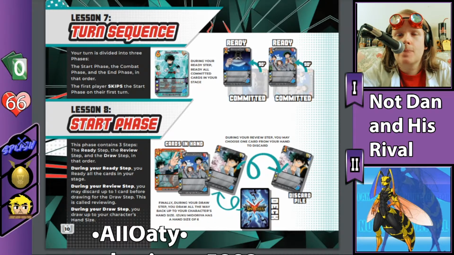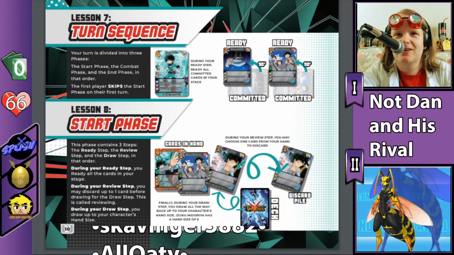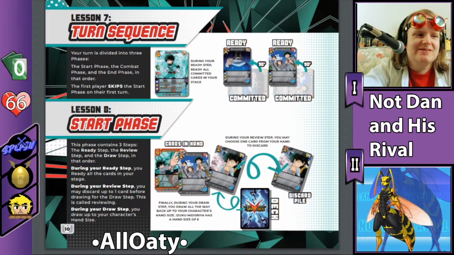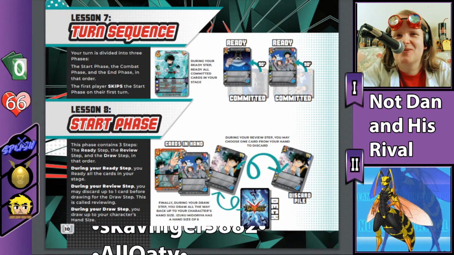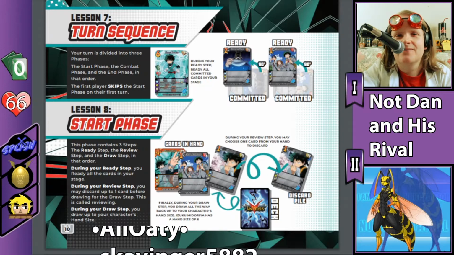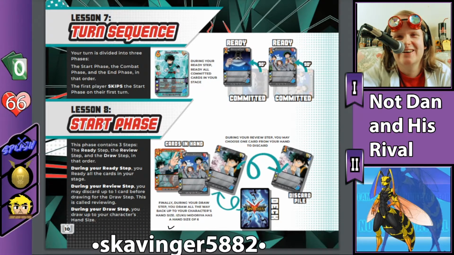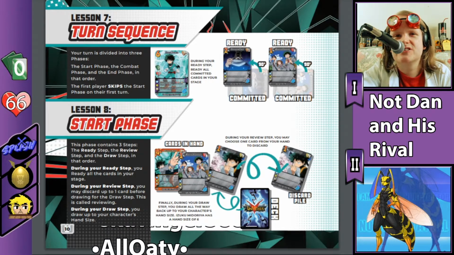I mean, when stuff's committed, it means they can't play the abilities, and... Well, then I couldn't play the abilities on my attack. Yeah, but would that affect the ability for the attack to come out? No, that's not an ability. That's just part of what the attack does. Anyway, let's move on from this. Yeah, this is getting...